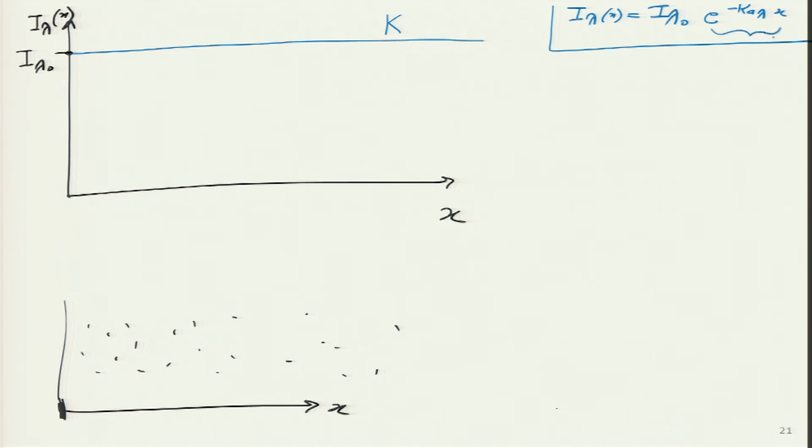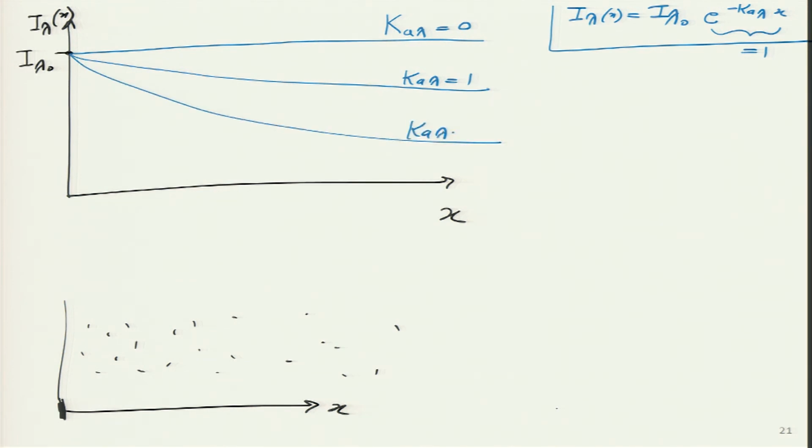So how can it remain 1? If the exponential term is 1, it means either x is 0 or Kaλ is 0, which means here Kaλ is 0. Then if I make it slightly bigger, maybe Kaλ is 1, Kaλ is 5, and what are the units? These are all meter inverse. Kaλ may be 20,